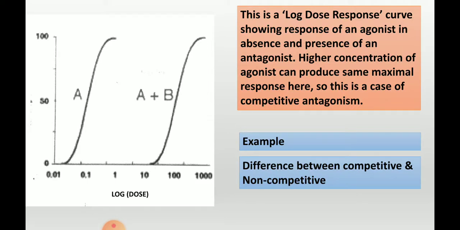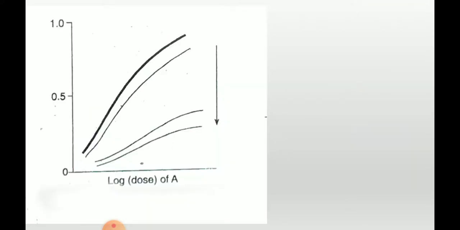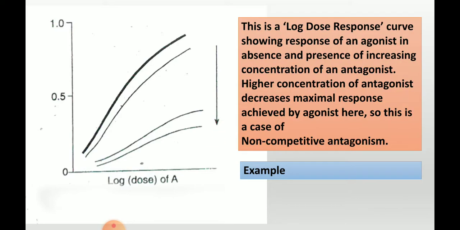The difference between competitive and non-competitive antagonism has been discussed in the previous video presentation. But in this presentation, you will see that in spite of giving a particular drug, its effect is decreasing. Even if you increase the dose of the drug, gradually increasing it, its level is gradually falling, and ultimately it will touch the baseline. So this is a case of non-competitive antagonism.